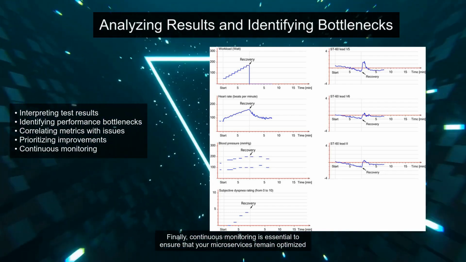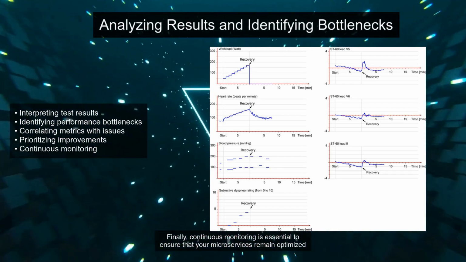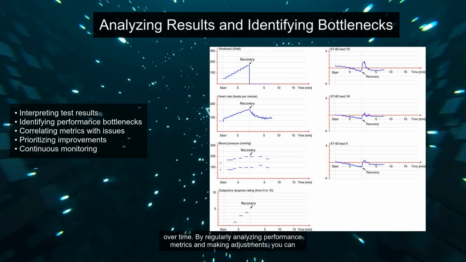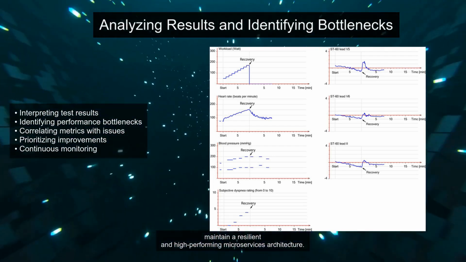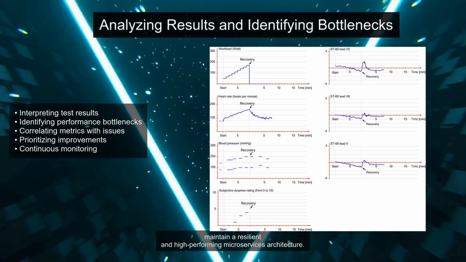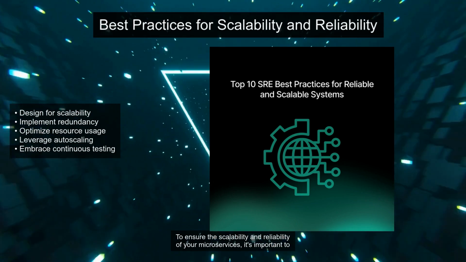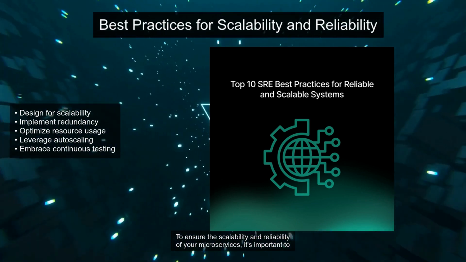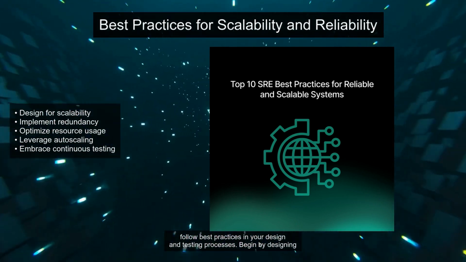Finally, continuous monitoring is essential to ensure that your microservices remain optimized over time. By regularly analyzing performance metrics and making adjustments, you can maintain a resilient and high-performing microservices architecture. To ensure the scalability and reliability of your microservices, it's important to follow best practices in your design and testing